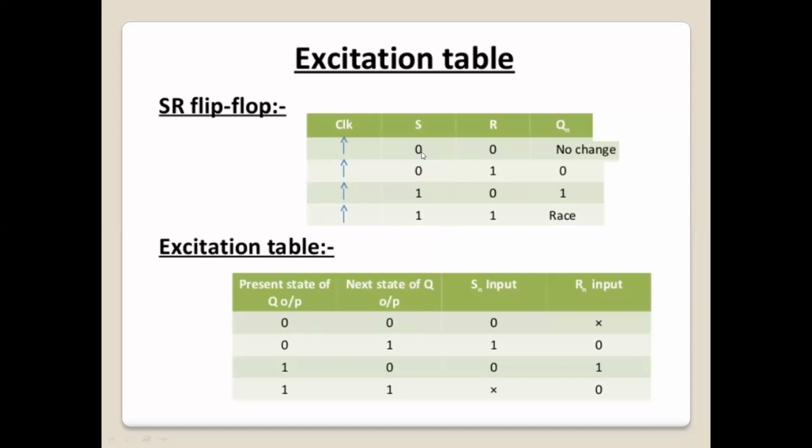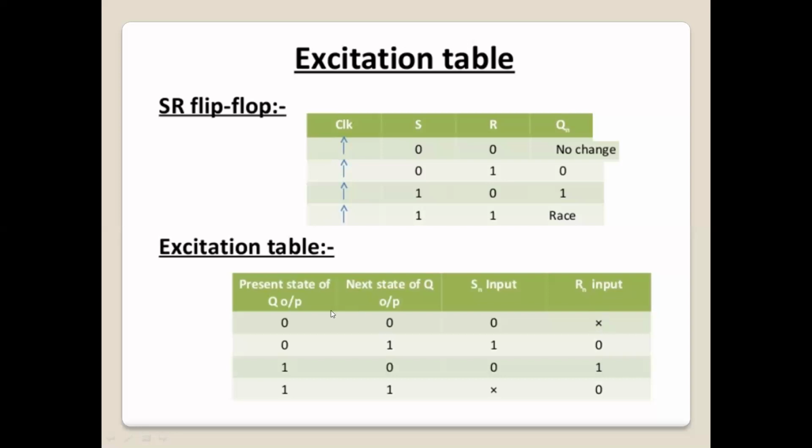So we can see this S equal to 0, R equal to 0 is the first input condition, and the second input condition is S equal to 0 and R equal to 1. So in here we can see for both the input conditions, S is 0, and for R, for the first condition it is 0 and the next condition it is 1. So R is changing, S is not changing. So we can say 0x, 0 don't care. S is not changing, so we can take S as 0. And R is changing, for the first input condition R is 0 and the next input condition R is 1, so we can take it as X.